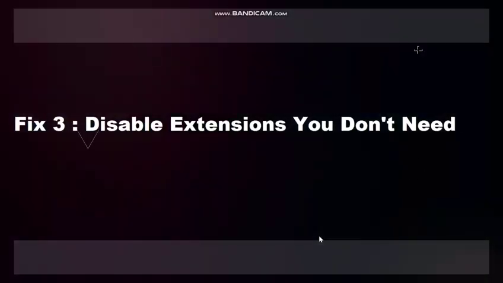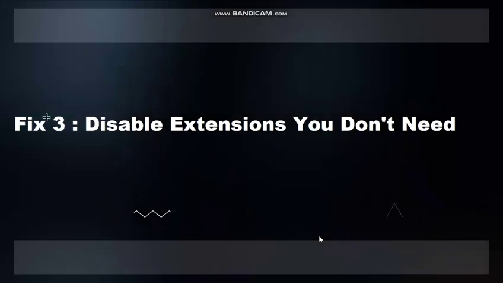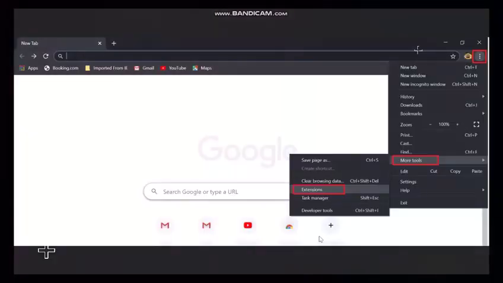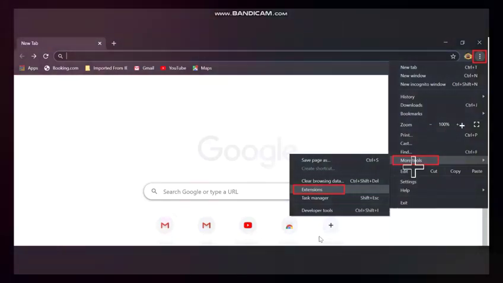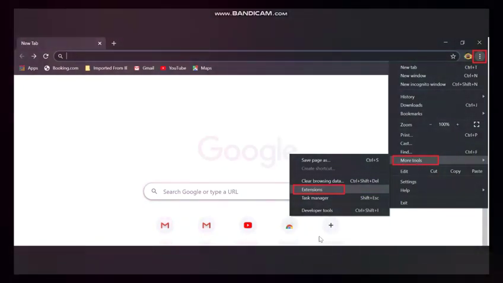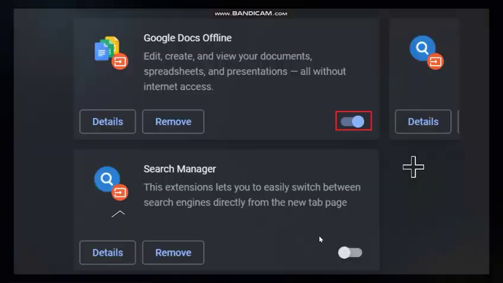The third process is disable extensions you don't need. To implement this process, just open your Chrome browser, then go to the Chrome menu after clicking on the three dot option. Here you have to choose More tools and then select Extensions from the expanded menu. Then all your extensions will be listed on this page.